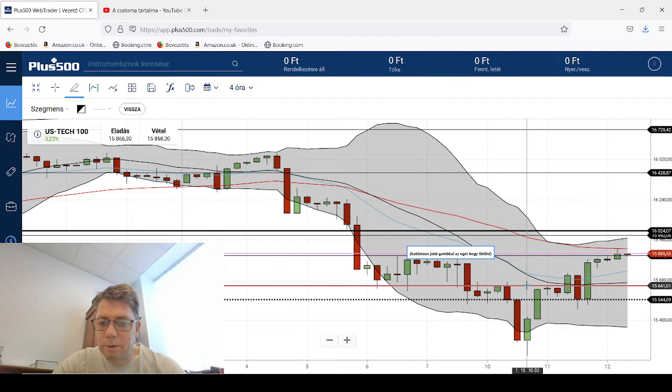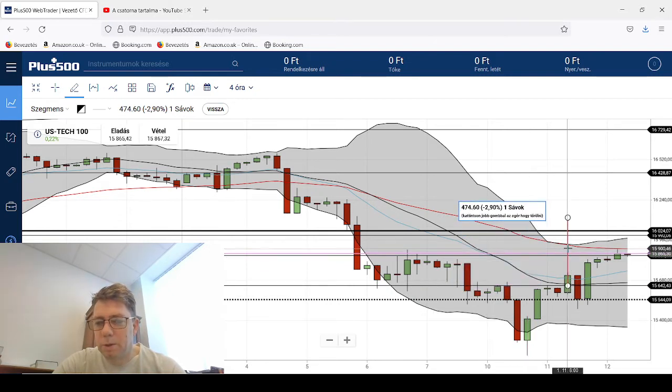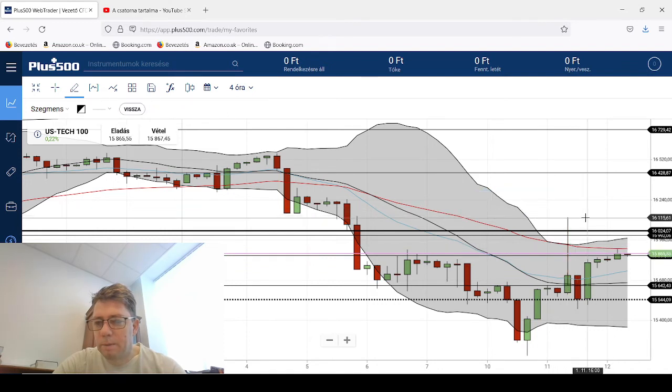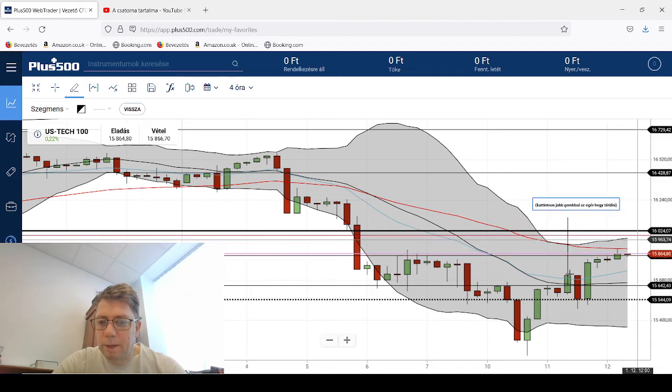So the first price target, from the top to the bottom, let's measure it. 16,118, around that area. In the 4-hour chart right now, the 50 EMA is offering resistance at 15,900. We need to get above there, and also